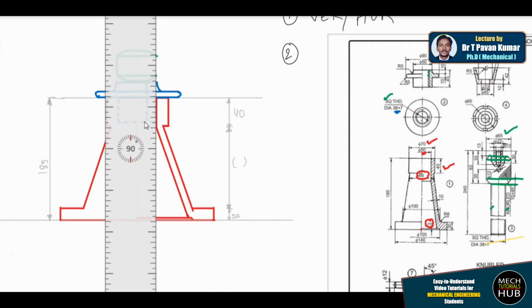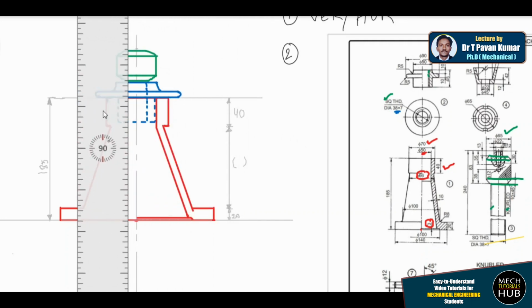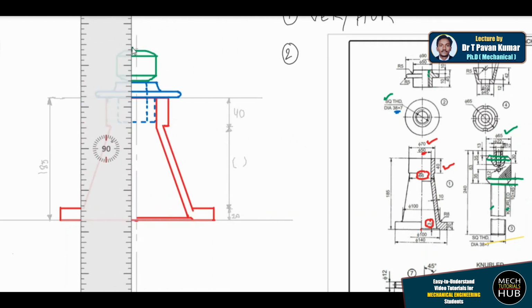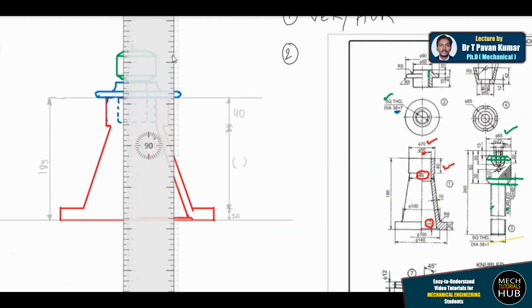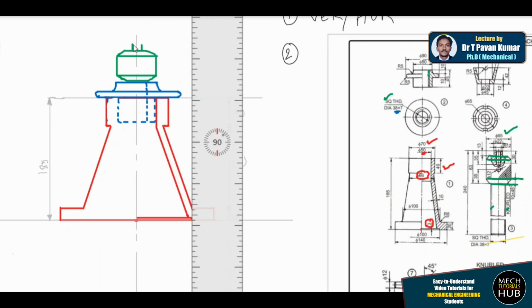Let me draw it again. Okay, this is done. And here on the top, you find one more leading edge for part number 3, which has an internal hole of 30 and a height of 13 mm, and here the diameter maintained is 22. Okay, the diameter maintained is 22. So I'll just try to draw that. That is one line, this is another line. Let me close. Here ends part number 3.